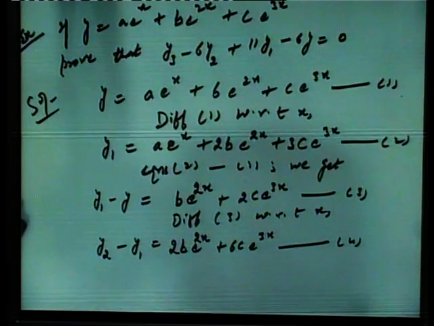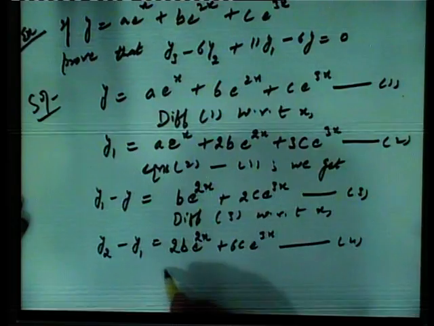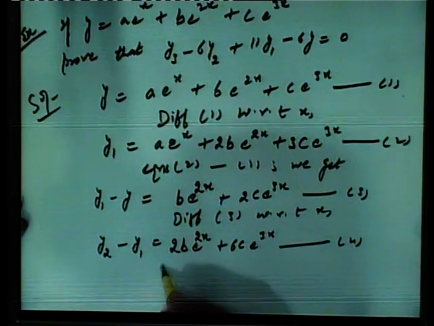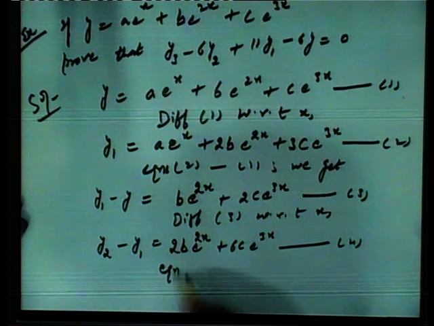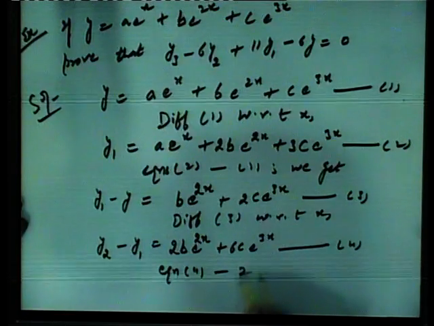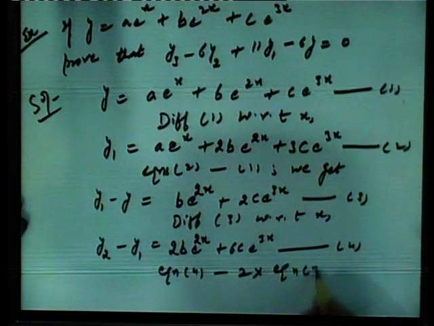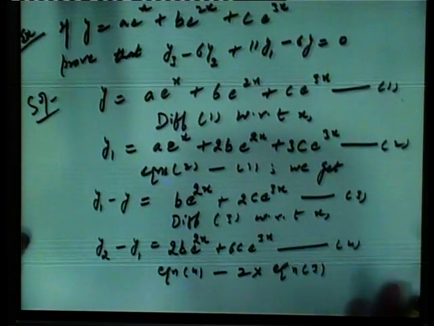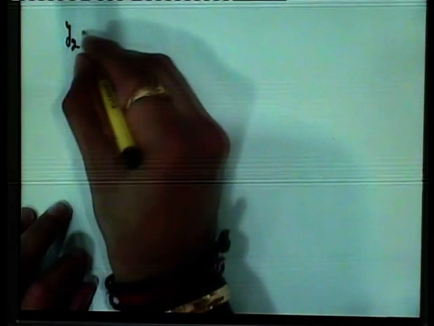Now, we want to eliminate b. For that, we subtract from equation number 4 two times equation number 3. You see that when you subtract equation number 3 two times from equation number 4, you can find y2 minus y1 minus 2 times y1 minus y is equal to